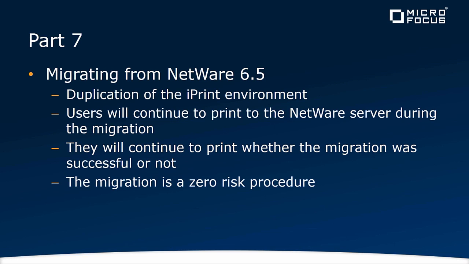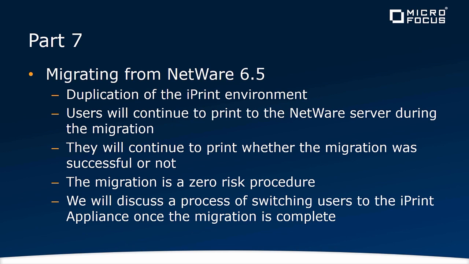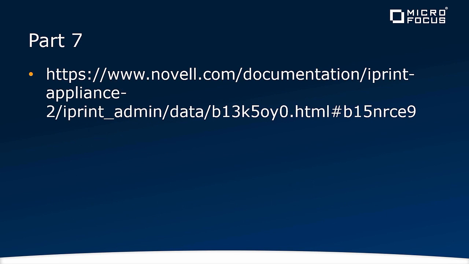And because of this, the migration is a zero-risk procedure. At the end of the migration, we will go through the process of switching users from the NetWare iPrint environment to the iPrint appliance. For additional information concerning the migration from NetWare to the appliance, you can refer to this